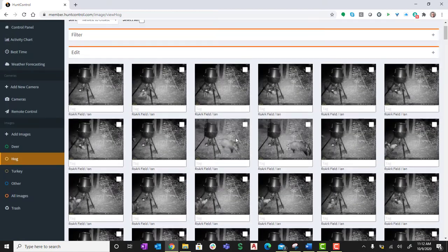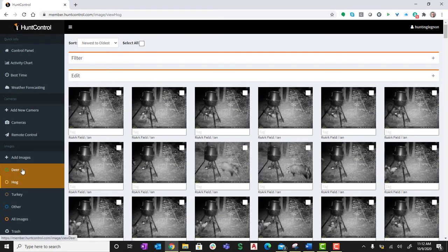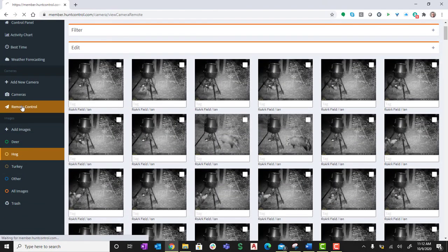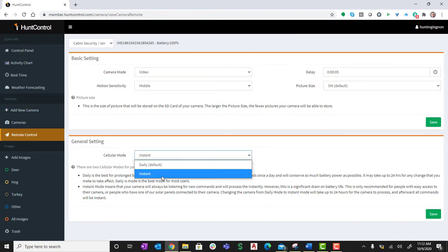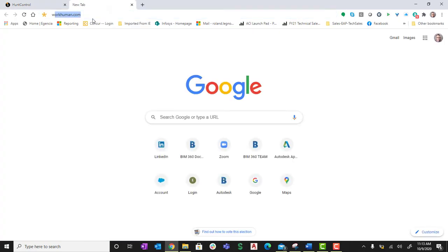So this is all fantastic instant response time from that remote control configuration. I go to instant because I have a solar panel on my WiseEye camera. And so I want to just show you here, if I go to